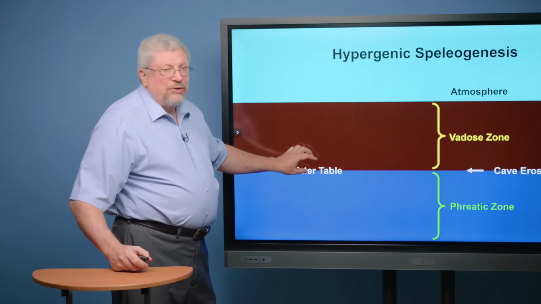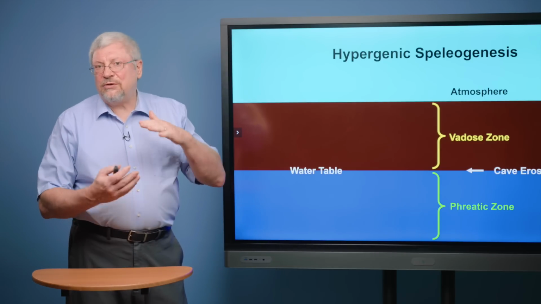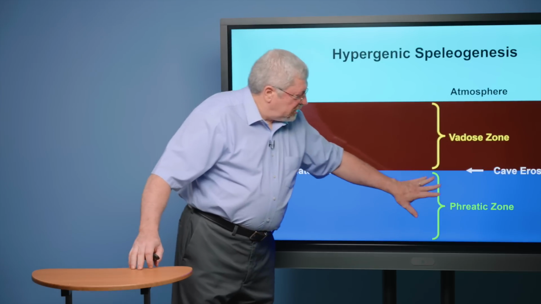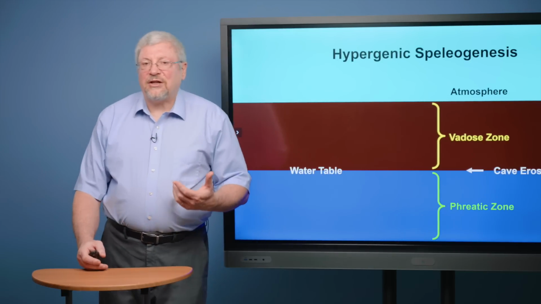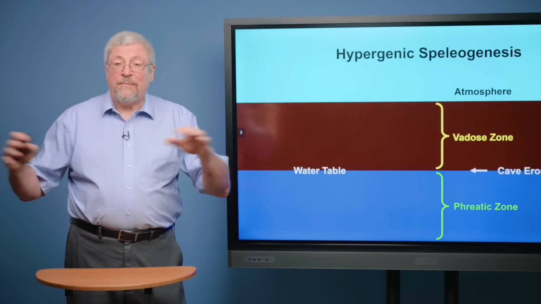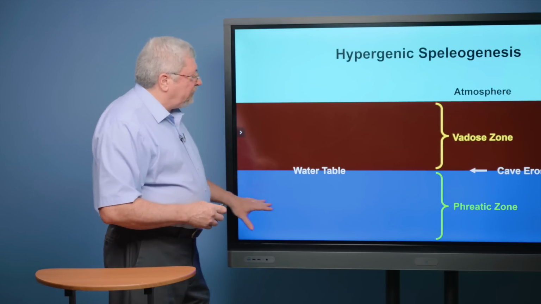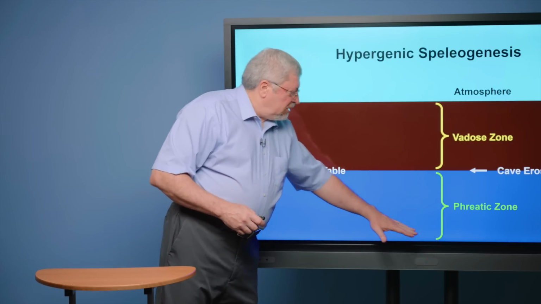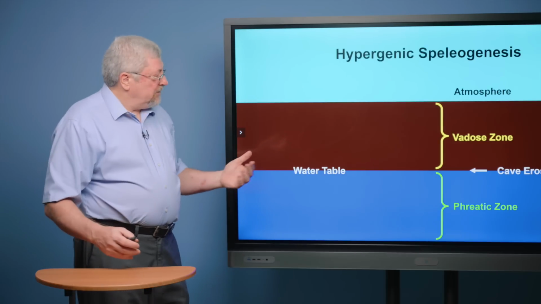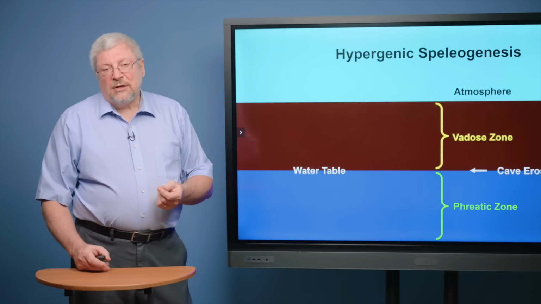Those acidic waters make their way down through the soil in what's called the vadose zone. That would be the zone above the water table, making its way to the water table, below which is called the phreatic zone. This is a zone that's saturated with respect to water. All the available holes in the rock and the soil are full of water from the water table down. And of course, that's the meaning of the water table: the upper surface of that body of water.